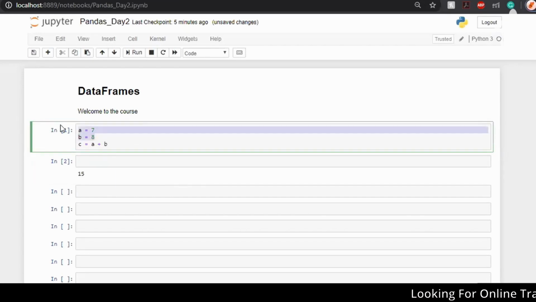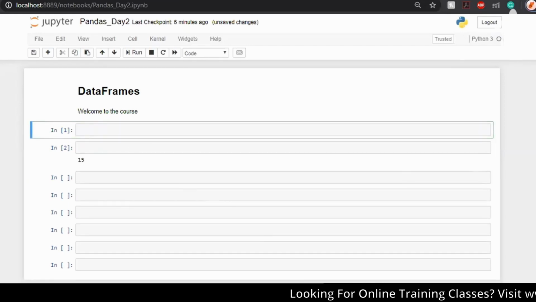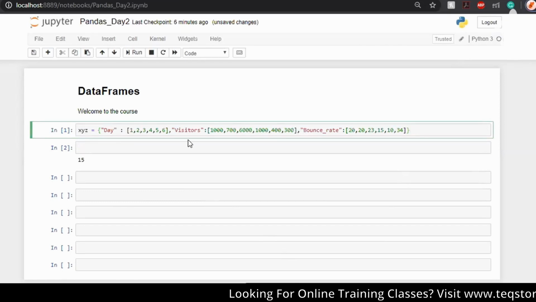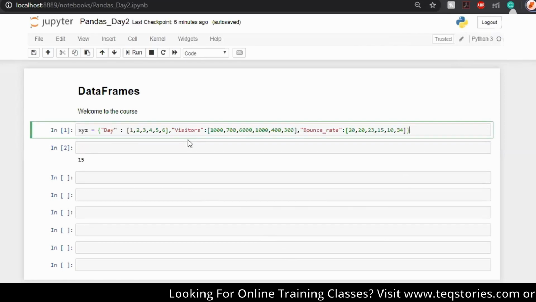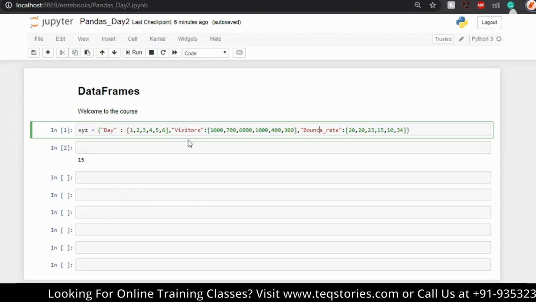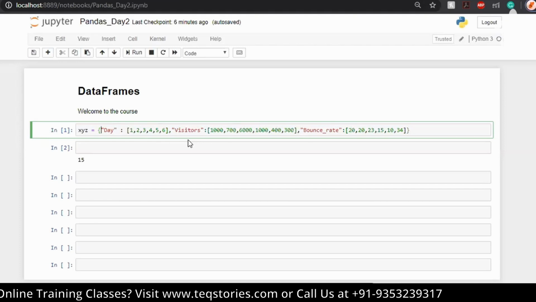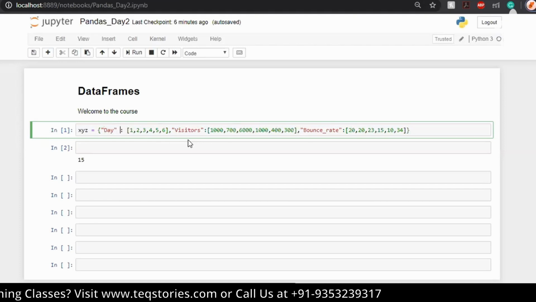Start with data frames, what we were doing in Python. Yeah, this is what I was doing there. So we were creating a data frame using a dictionary. This is a dictionary I made with key values as this.